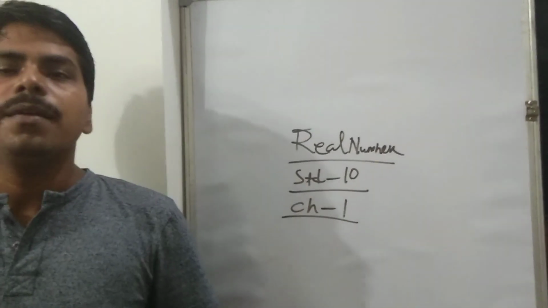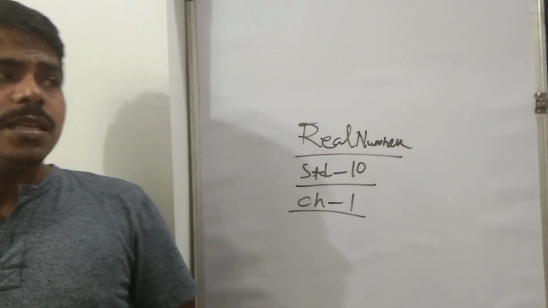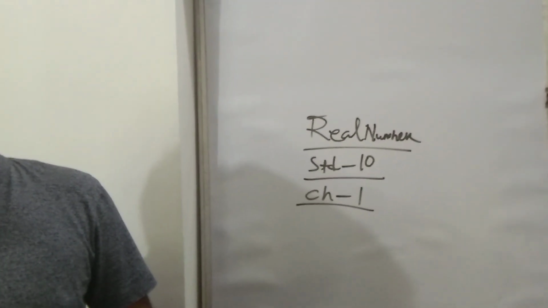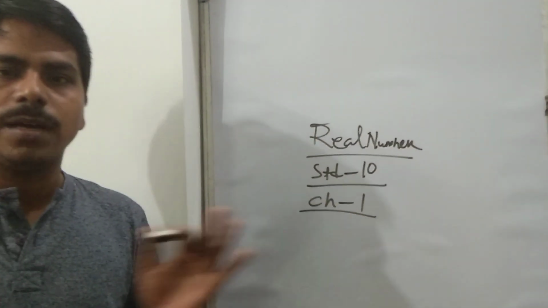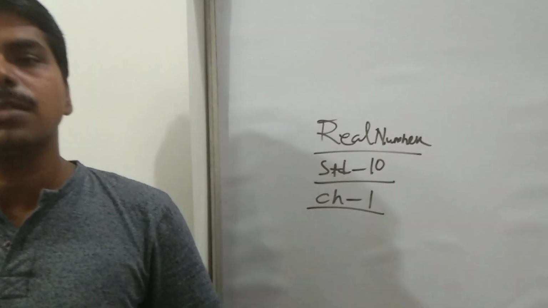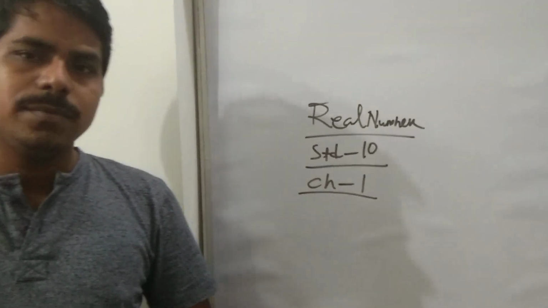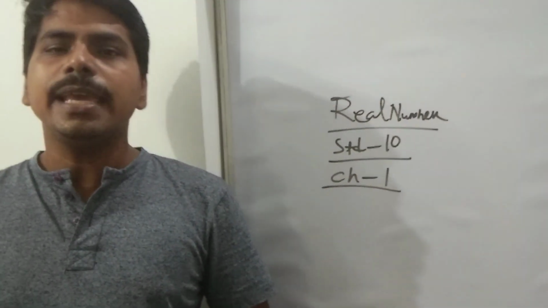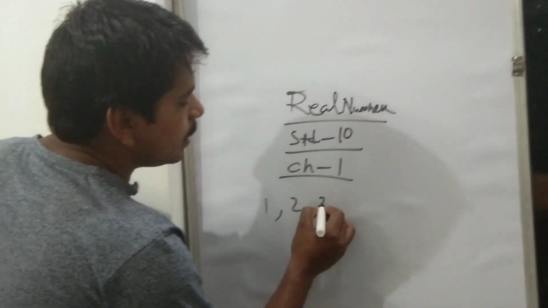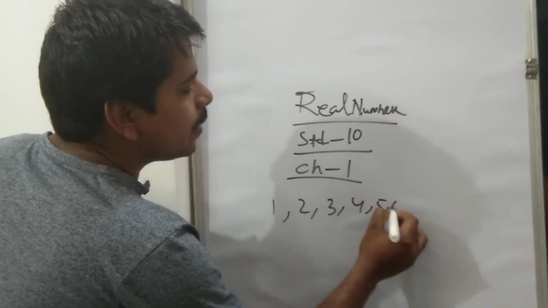ओके, पहले हम डिस्कशन करेंगे नंबर, पूरे बेसिक के ऊपर आएंगे, उसके बाद हम जाएंगे रियल नंबर के पास। नंबर क्या है? जब हम सोचते हैं एक नंबर की तरफ, हमको क्या याद आता है? 1 2 3 4 5 6